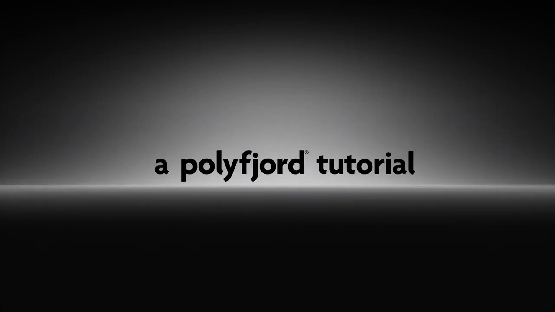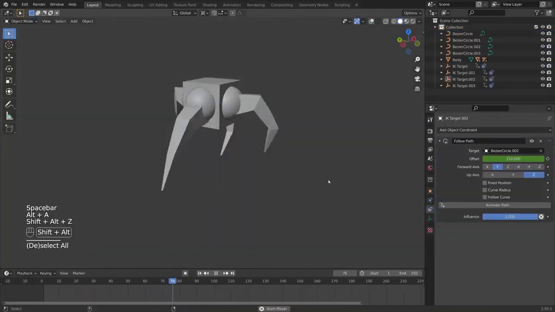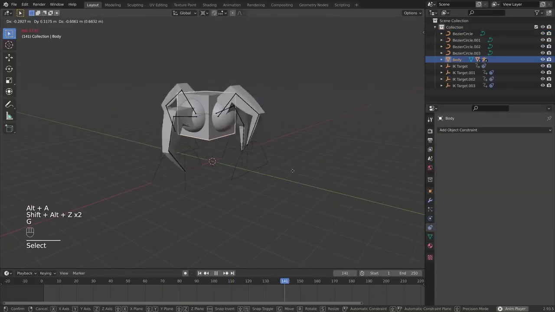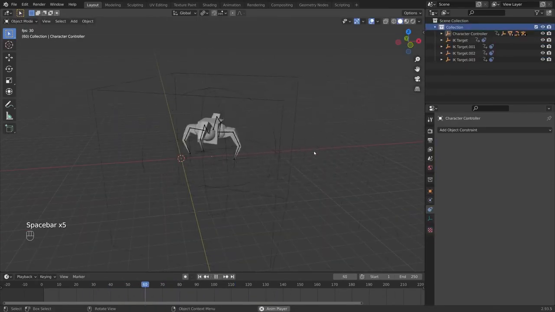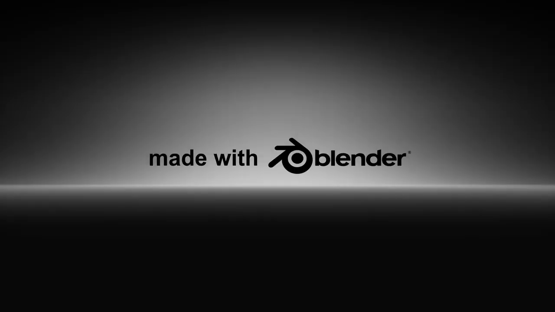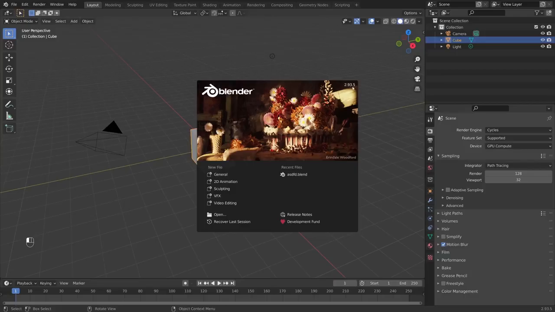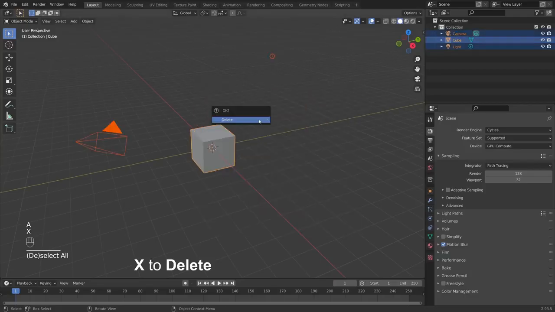In this tutorial, you'll be learning how to model, rig, and animate your very own 4-legged creature. You can make it go any direction, jump, and maybe we can give it a little bit of an attitude using only Blender. So we'll be working in Blender version 2.93, and we'll start out by deleting everything and creating